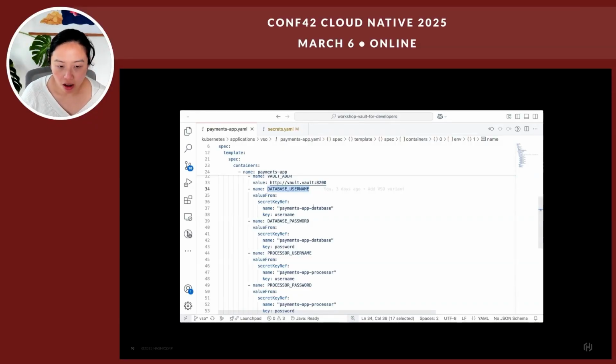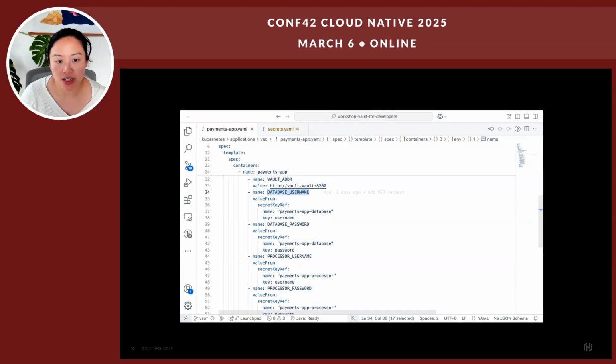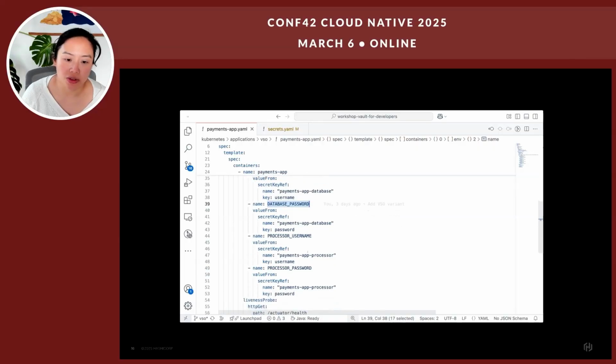All of these in my Kubernetes manifest for my deployment are injected by environment variable. I read the value from a Kubernetes secret called payments app database with the key username, with a password, and everything else. So there's two separate secrets that I'm referring to. One is for the database and one is for the processor. And so these are things that maybe I keep default in my application. I expect to read them as environment variables anyway, and so I don't really have to do any significant refactor